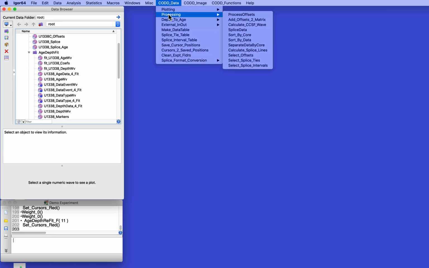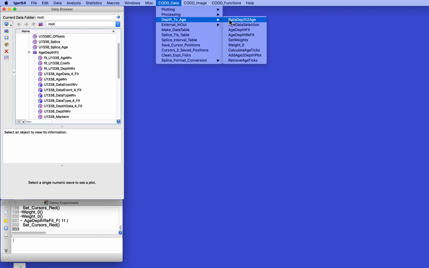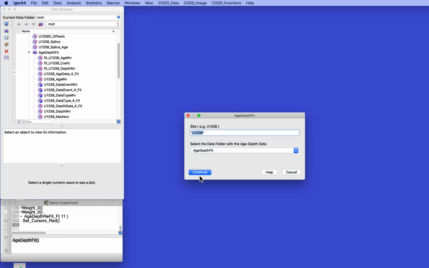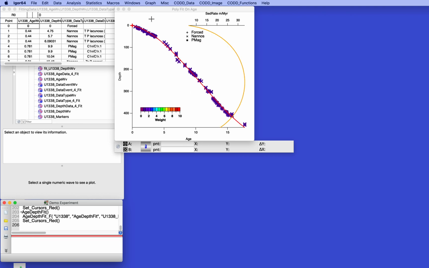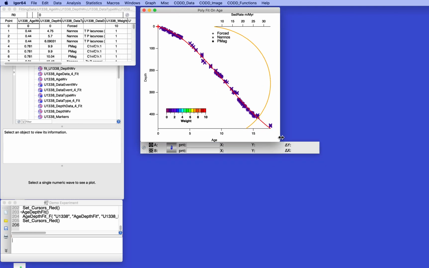These data that I've put together, we want to go to depth to age, and we want to use AgeDepthFit. And it's 1338. The data we want is in AgeDepthFit. And that's depth data for fit, age data for fit, the event. Let's start out with perhaps a fourth order fit. Want the fit through 0? Yeah. Cursor's no. Age is the x-axis. Okay, so here we are. Now,